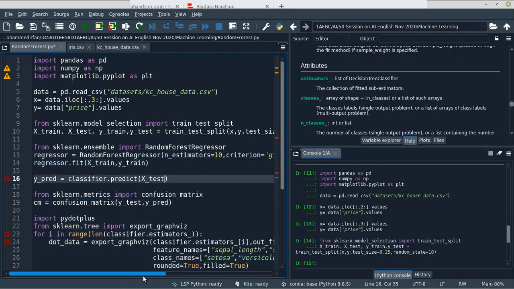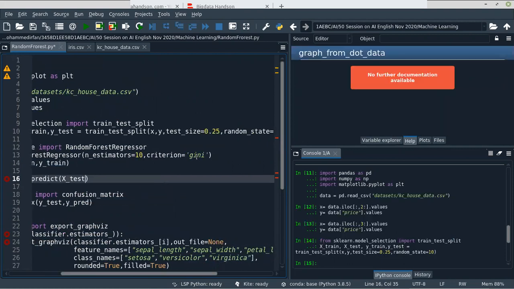Now the criterion for a regressor is not the Gini index or entropy. It will be MSE or MAE, that means mean squared error or mean absolute error.